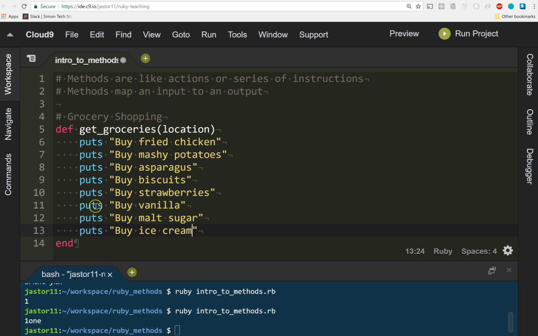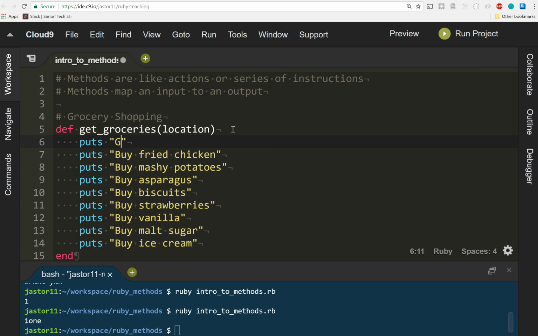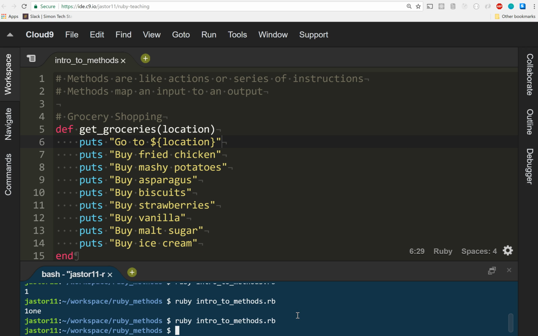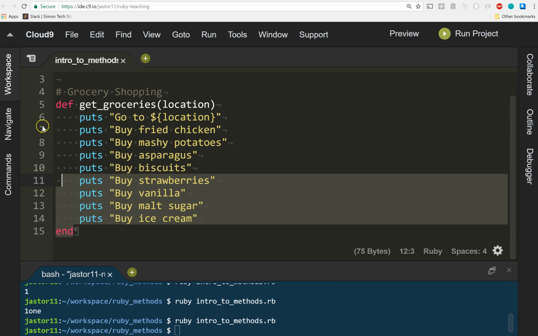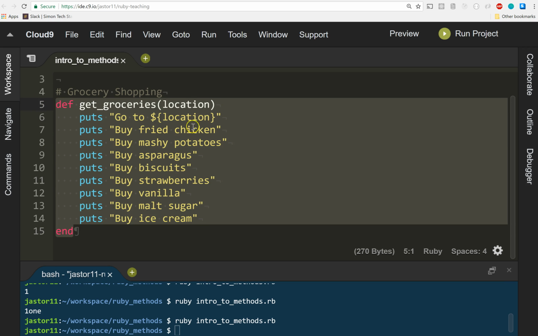So right here, I have my nice little defined get groceries method, but I'm not really reusing my argument here. So first, let's say puts go to, and then let's interpolate the location directly into my string. And if I save this, and if I were to run my file, you'll notice something. Nothing happens. This is actually expected because in Ruby, when you define a method, it doesn't mean you actually make